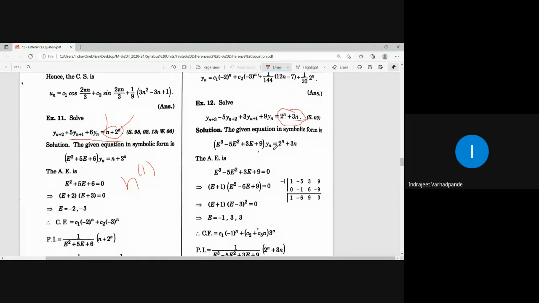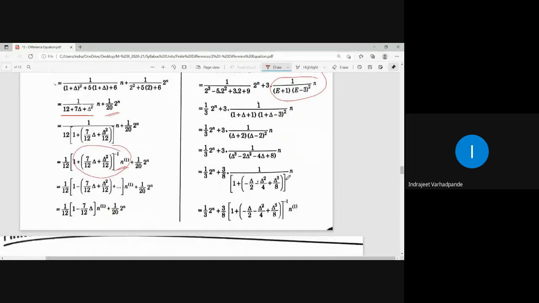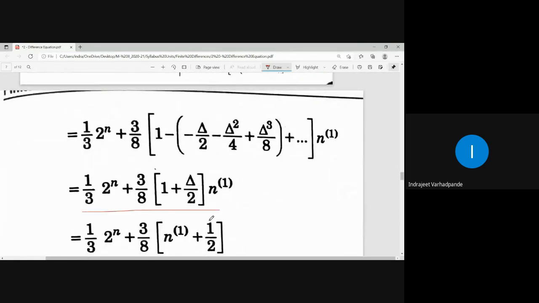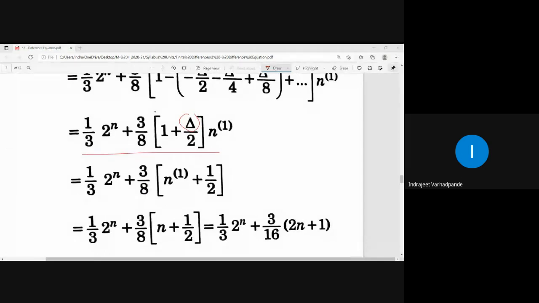3n में से 3 बाहर, n can be written as simply n to the power 1 factorial, and then accordingly I have to simplify. But the problem can be: replace E by 1 plus delta, operate it, simplify it, and get the answer. So the expected answer in this case is also like this, when only delta will be operated on n to the power 1. So in this way or manner we can